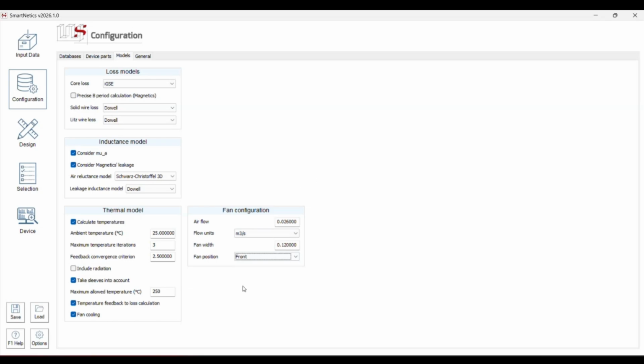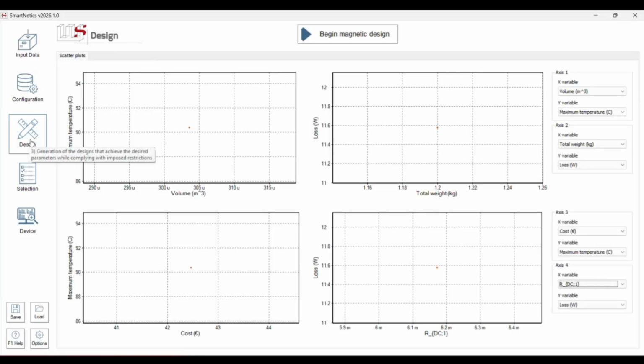And then once you have changed the specifications, in this case, the cooling, you can run your design again. Up to this point, we had a 90 degrees temperature, more or less, and more or less 11.6 watts, and I will press on begin magnetic design, sorry.